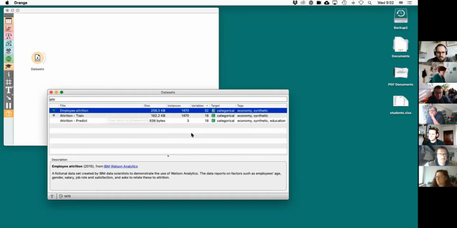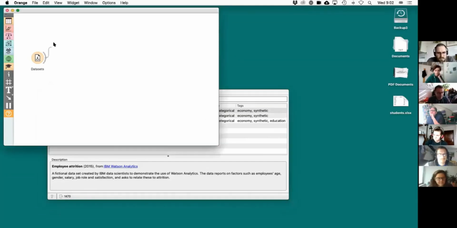It's called employee attrition. Basically, this was created by IBM, because there's no company that is going to give this data away. So the data is about happiness at work. Or it could also be happiness at studies or happiness anywhere, but it's about happiness at work. So let me show you the data.